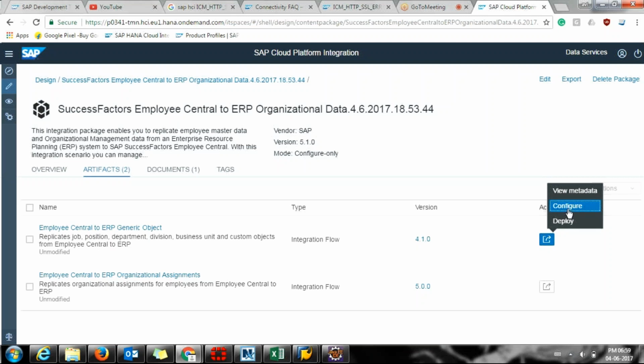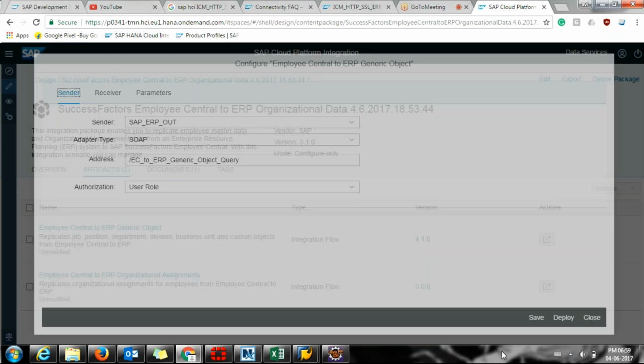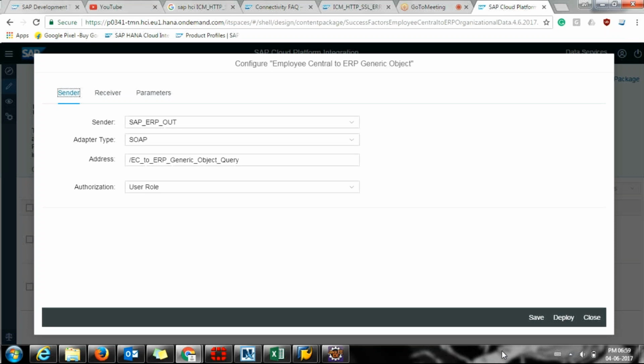Okay. So if I click on configure, it should take me to a new screen once again. Yes. So here is the configuration screen. Configuration of prepackaged content is the easiest thing in any middleware software. It just gives you the exact details which you need to provide to HCI for integrating two